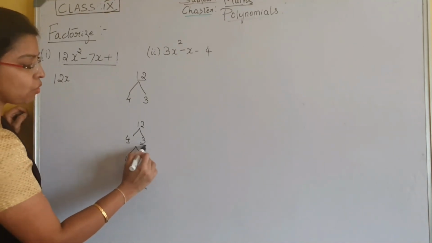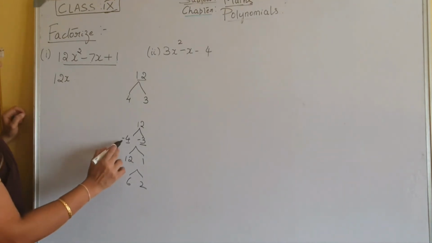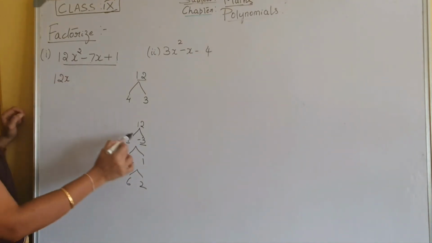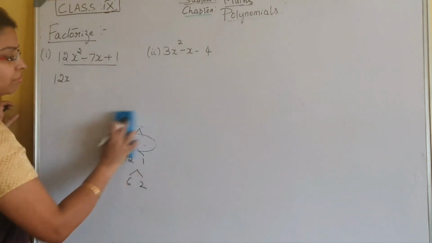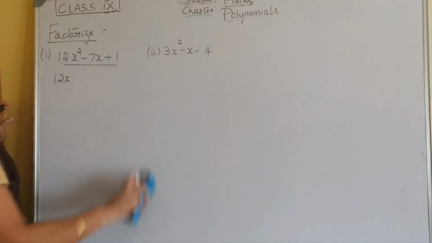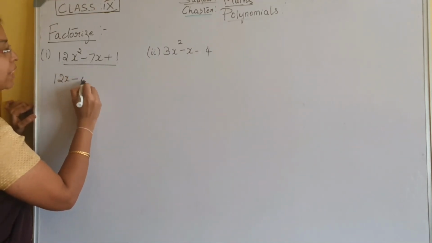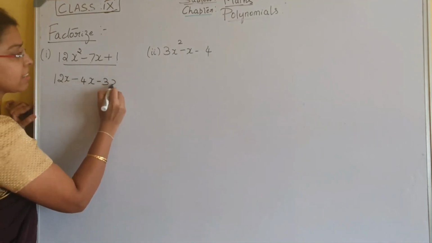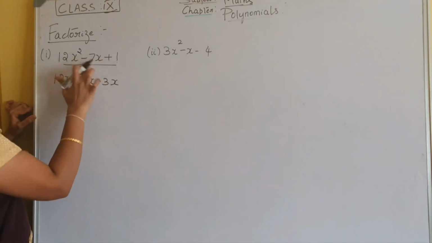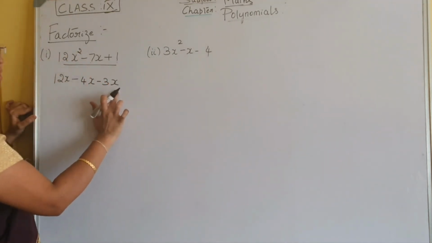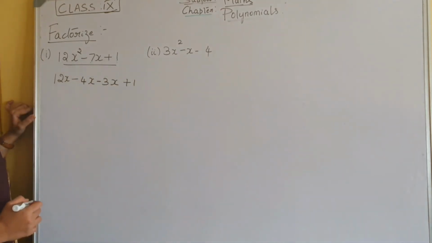So we will take 4 and 3 in such a way that minus 4 and minus 3. When you add minus 4 and minus 3, you get minus 7. So we will take this set of factors. That is, we will expand the middle term minus 7x as minus 4x minus 3x, and it is not affected now. We will get back this expression, right? So this minus 7x is expanded in this way, minus 4x minus 3x plus 1. We will retain the constant part.